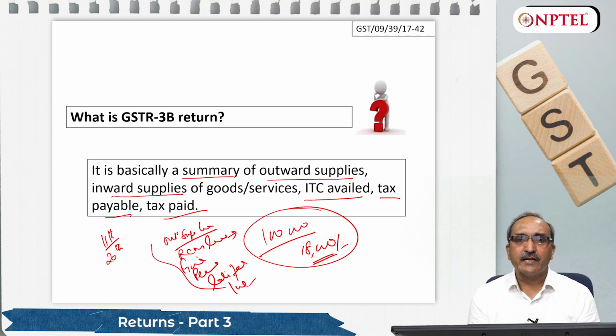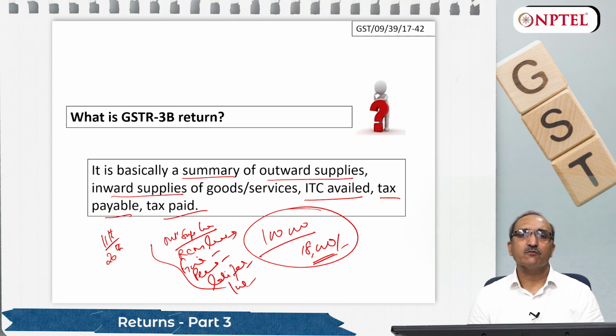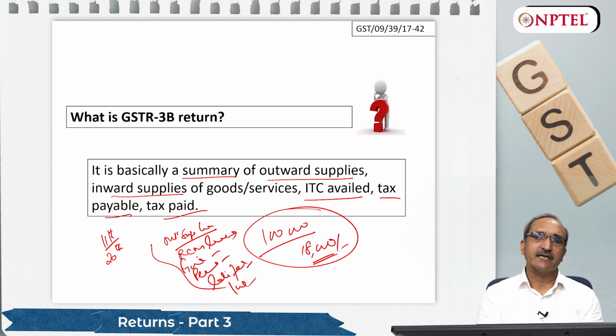RCM you cannot pay from your ITC. Fine, penalty, late fee you cannot pay from your ITC. For that you have to deposit cash by generating challan through NEFT, RTGS, like that. So whatever ITC is available to you, that can be used for the payment of IGST tax, CGST tax, SGST